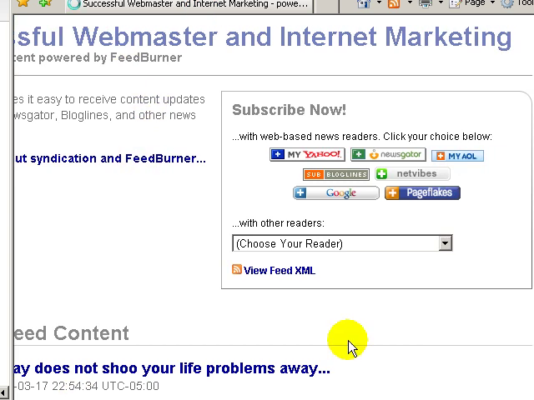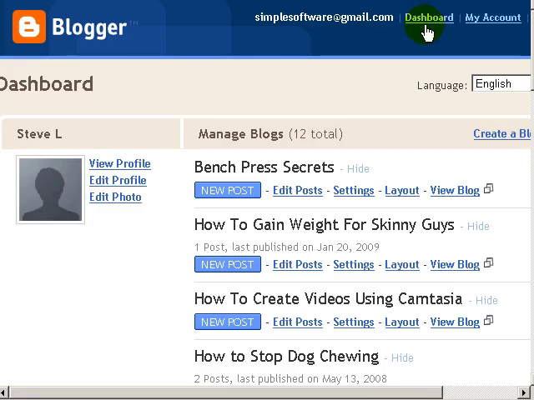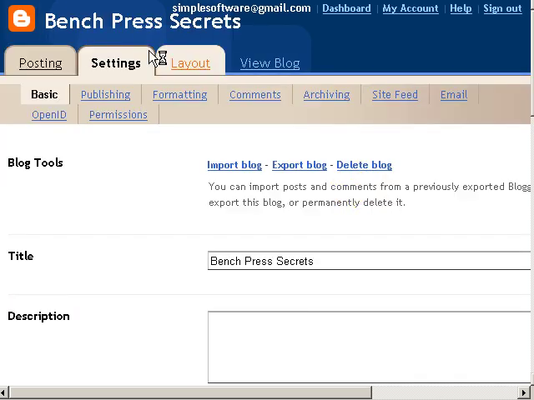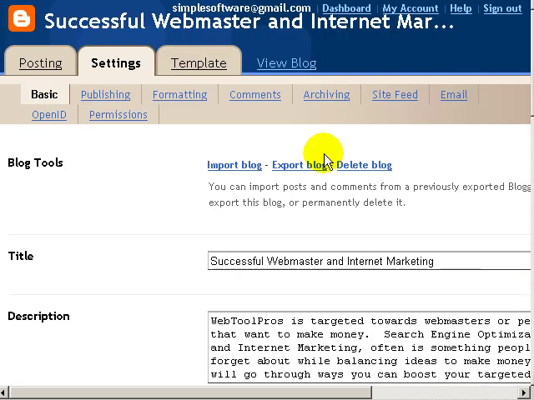And basically, you can see that you have all of these links, and you can add that to your blog, which is nice because what people can do is, instead of getting your feed and adding it to their Google Reader, all they have to do for convenience's sake is click on one of these buttons and add your blog to their reader. And if I go to the settings, let's say we'll go over here and click on settings